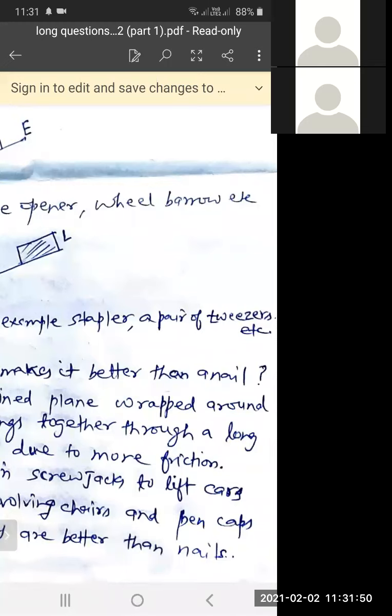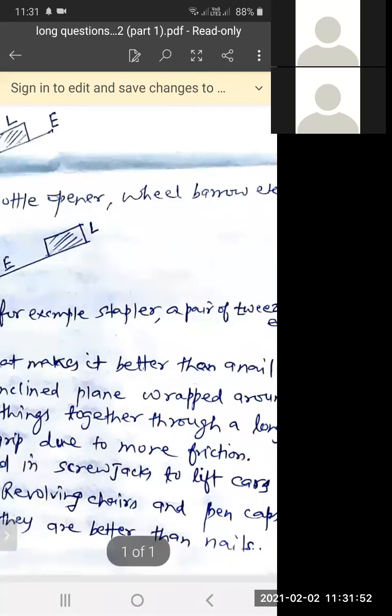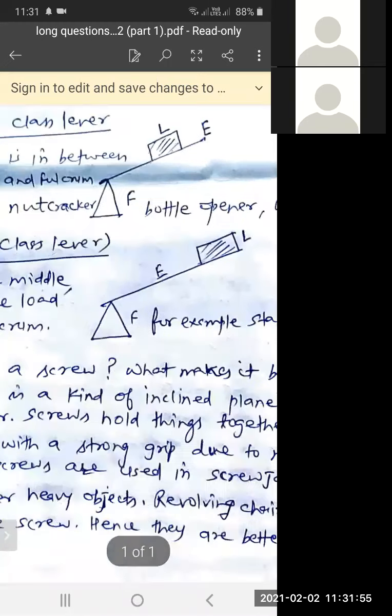Okay, students. This is about question number 1 and 2. What have we done today? We have completed today's short question answers of lesson 12 and 2 long question answers of lesson 12. Now, students, in the next class, we'll complete the remaining long question answers, followed by